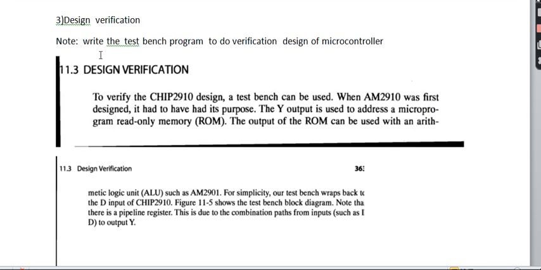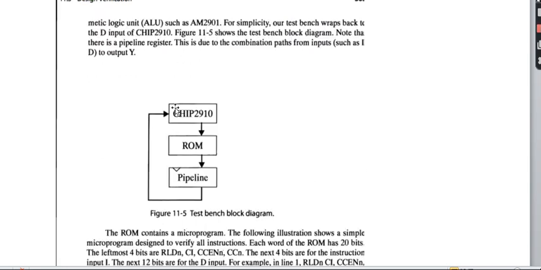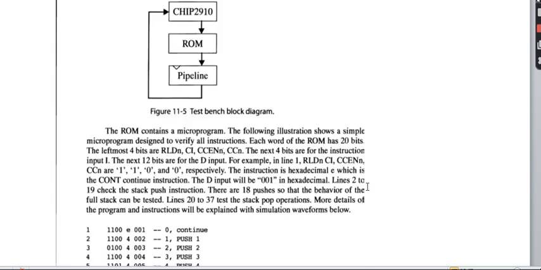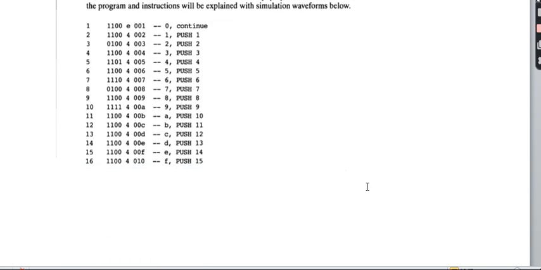After dividing into partitions, you have to do the verification. How do we generally verify this design, whether the model we constructed is correct? This is done by writing a test bench program. If I want to test each block, I have to write a test bench. So in the design verification, you have to explain the test bench of this microprocessor, how you are giving inputs to the chip. All that you have to describe using this test bench.